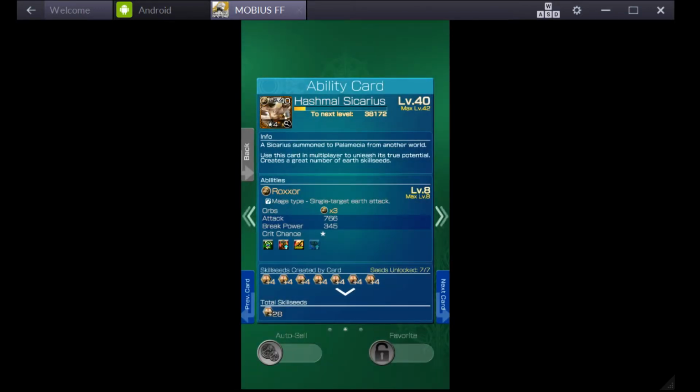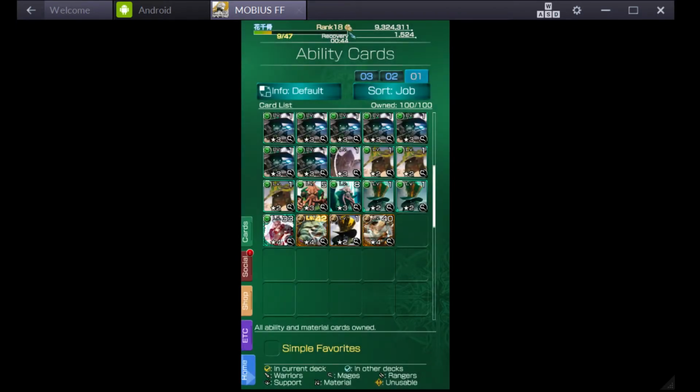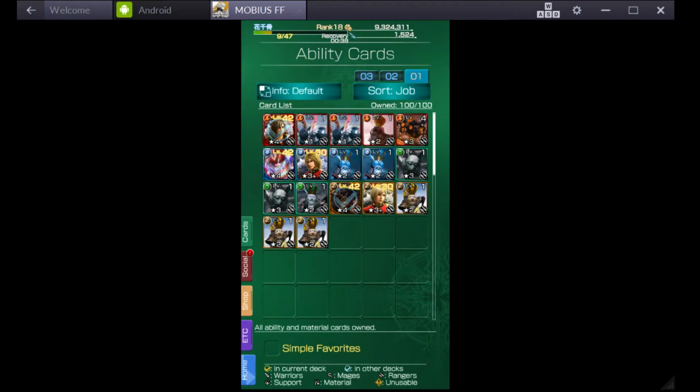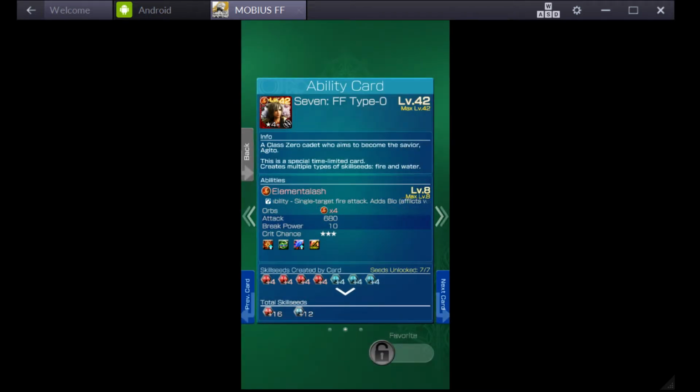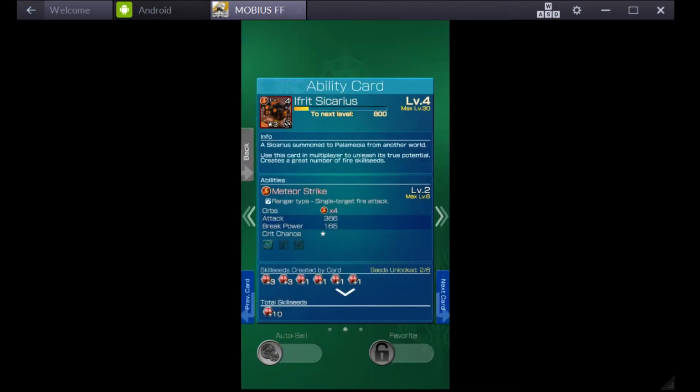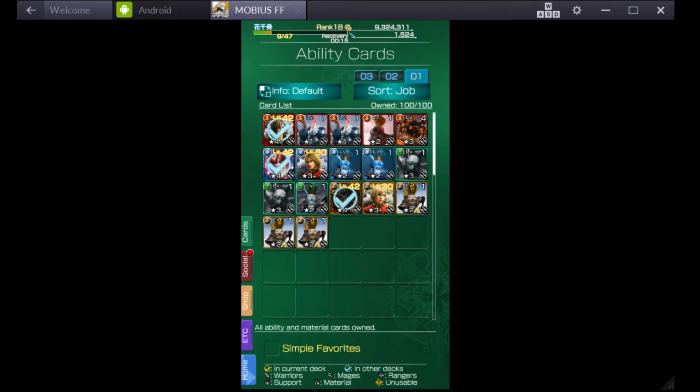And I've got that, and then I've got Hashmal Sicarius, which I've also upgraded for. He's got his 999 ability already, last one, and obviously, so slowly getting that. Ranger now. Don't have many cards for Ranger because I've started this, but I've got 7, and he's fully maxed already. I've got Ifrit Sicarius, which I'm slowly leveling up, so hopefully next time, by Monday afterwards, I'll have farmed enough to max out my Ifrit Sicarius for both Ranger and Warrior, as well as my,